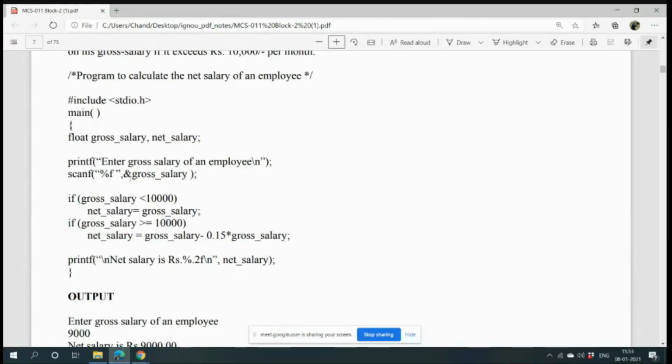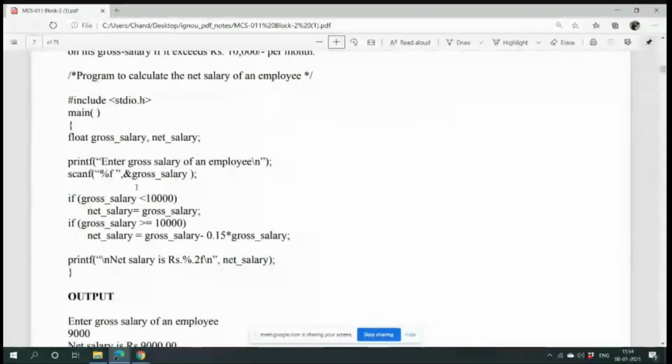If I place gross salary without this ampersand operator, what type of error may come? Tell me. Because without ampersand, the compiler is unable to go to the address of the gross salary. It doesn't know where to place it; it should know where gross salary is situated.